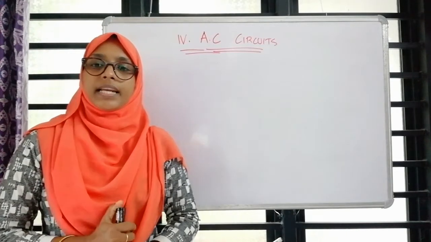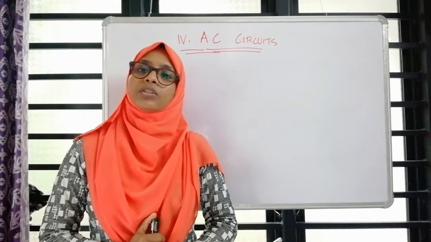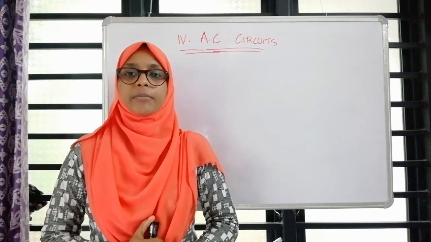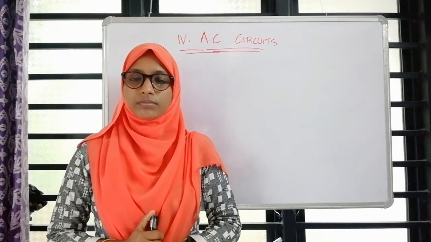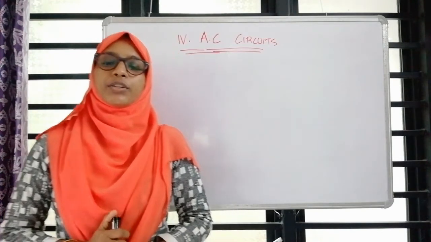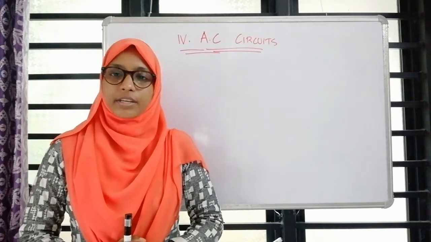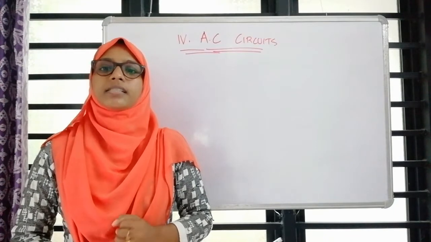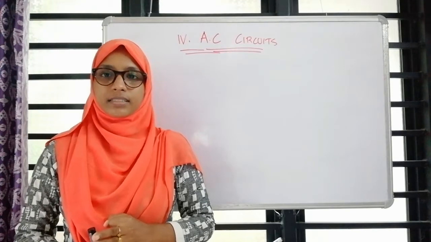In an AC circuit, the EMF and current are changing in both direction and magnitude. In case of a DC circuit, the main component is the ohmic resistance. But in an AC circuit, besides the ohmic resistance, conductors, capacitors and inductors are also connected.